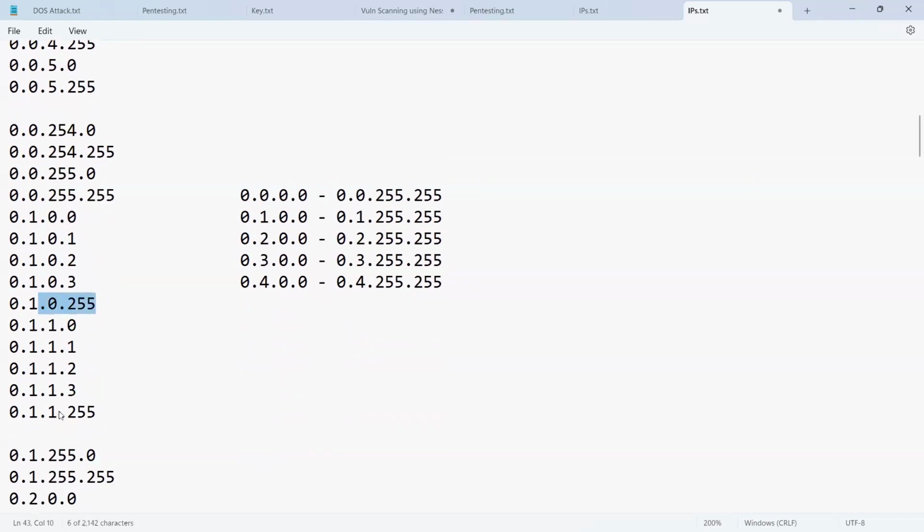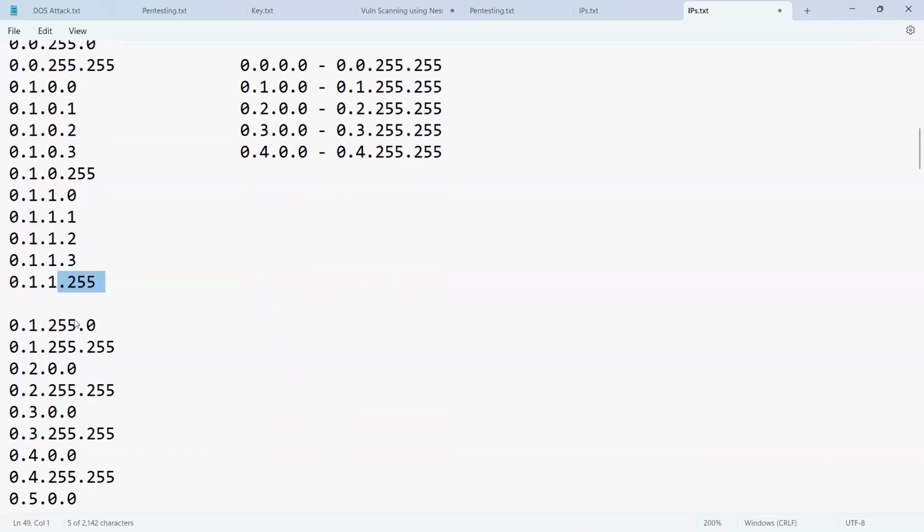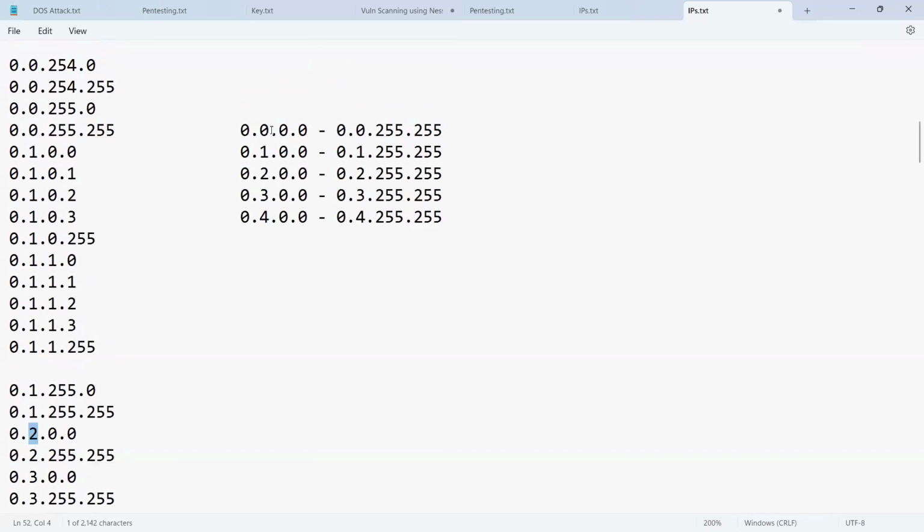Then 1, 0 goes to 1, 2, 5, 5. 2, 0 goes to 2, 2, 5, 5. Like that, the cycle keeps on repeating, and somewhere you'll have 2, 5, 5, 0 to 2, 5, 5, 2, 5, 5. Then this 1 changes to 2. Okay, so if you see there's again a pattern, 0, 0, 0 to 0, 2, 5, 5, 2, 5, 5,